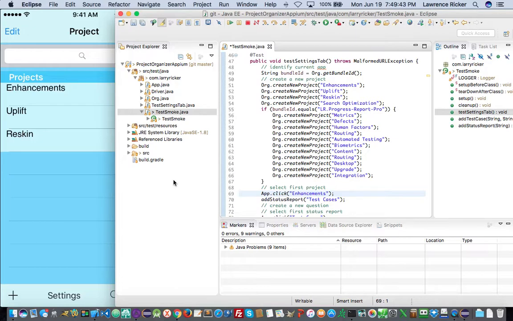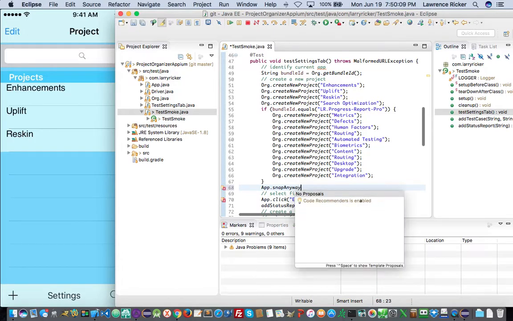So I think what I'm going to do is I'll stop the video, put in some code to create a screenshot, and then I'll add that code and then put a line in here. I'll put the line right here, what it is. It's going to be app.snap anyway. And I'm going to pass in a